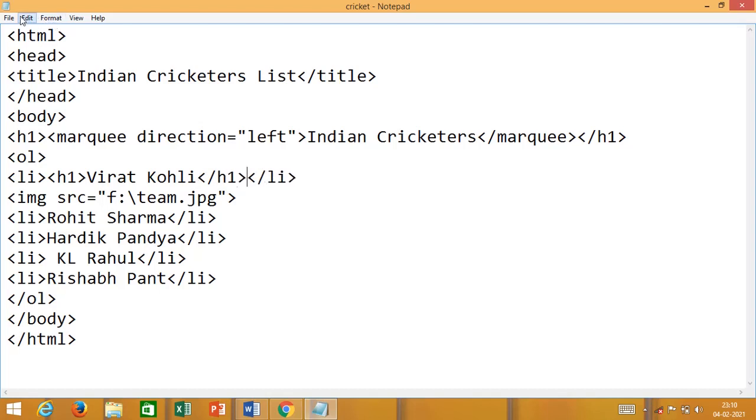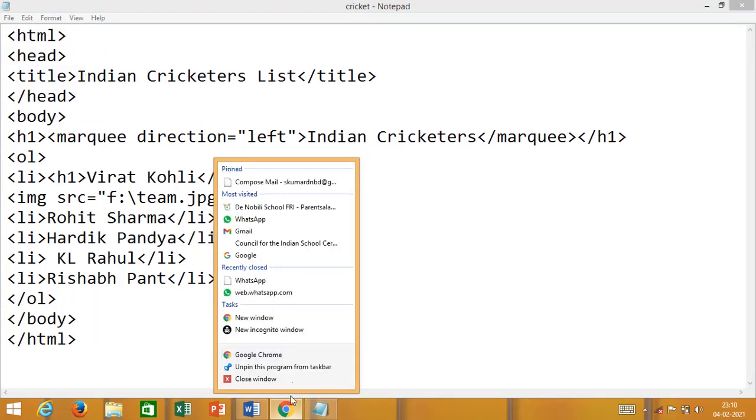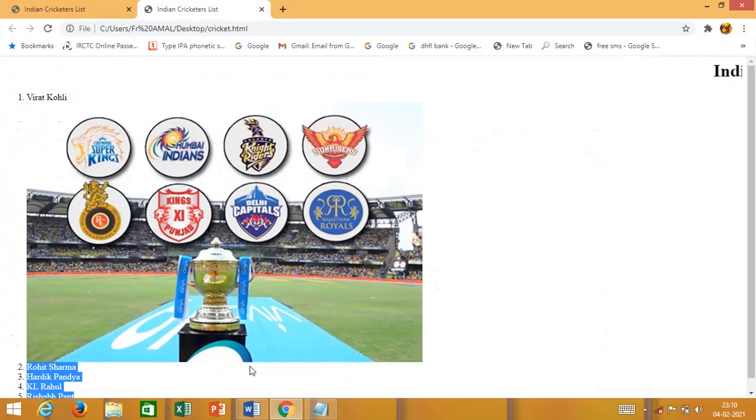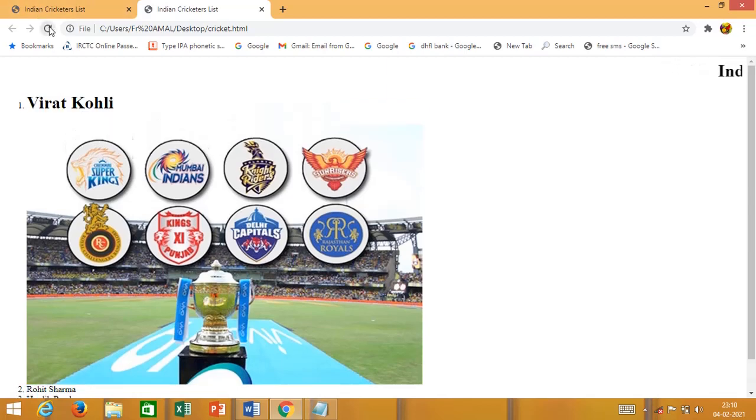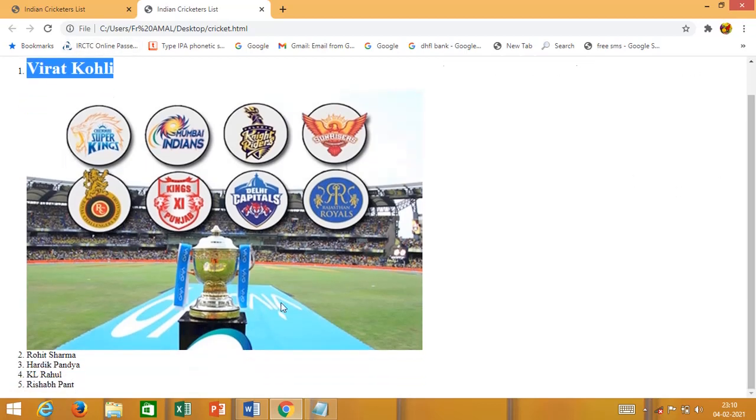It is done. Let me save it. Let me go to the file, then refresh it. See how Virat Kohli comes. In the same way you can increase the font size of the letters.